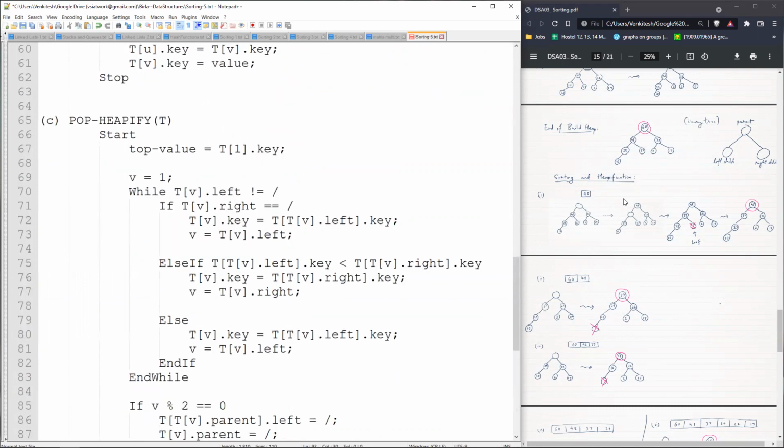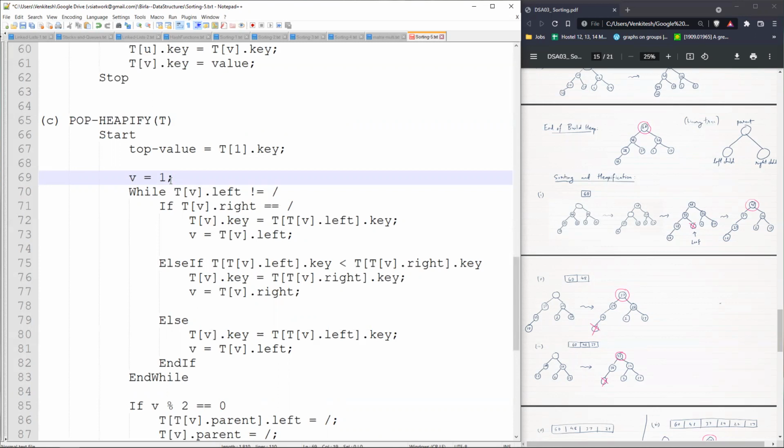So where are we in the diagram on the right hand side? You can look at the lecture slides in an enlarged way later on. We have popped out this element in the red circle, and now we have a hole, and we are supposed to heapify the path, right? Note that in a binary tree, the way we have written it, a vertex may have a right child only if it already has a left child. If it has no left child, it cannot have a right child, because that's how we are building the tree. So the case when it has no children is exactly when it has no left child, because then it will also not have any right child.